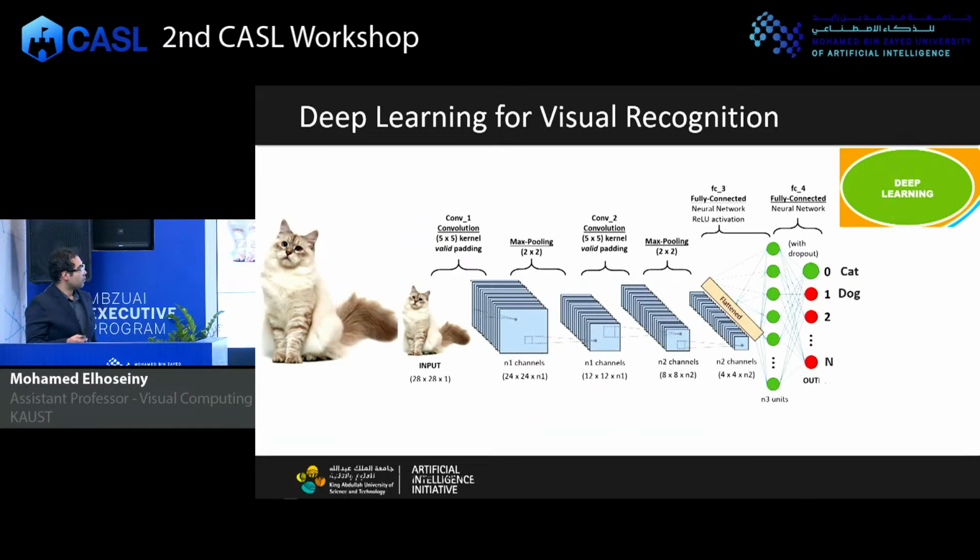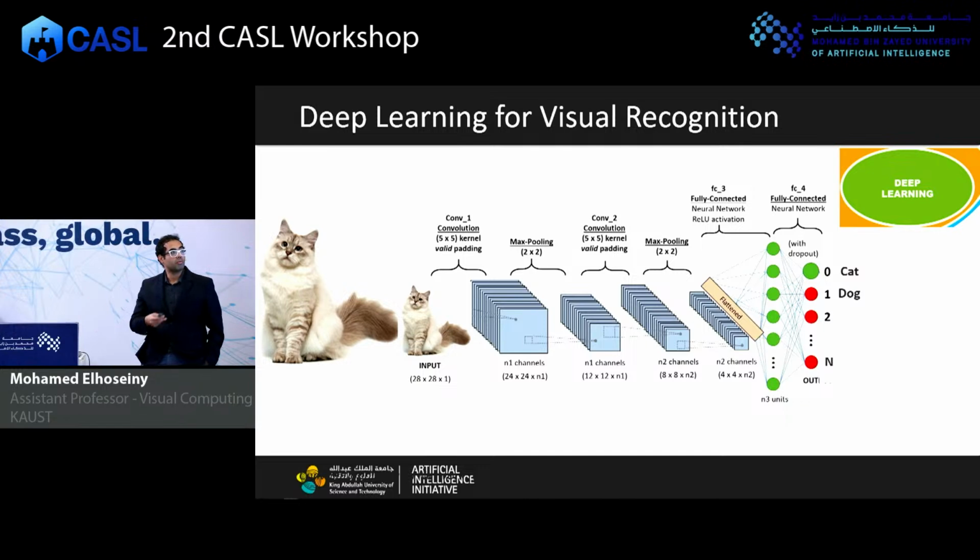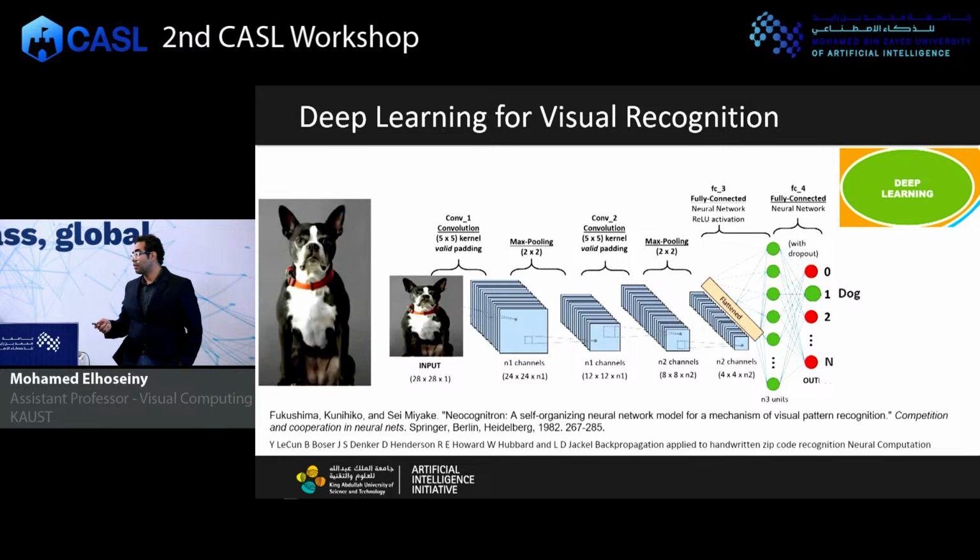So we are all coming from a computer vision background. One of the most popular architectures to develop visual understanding is deep learning in general, and one of those networks that are popular is the convolutional neural network. Now there are definitely better and other types of deeper models, but this is just one example of those successful models that can enable visual understanding, so that we have an image of a cat, predict cat, have an image of a dog, predict dog, right?